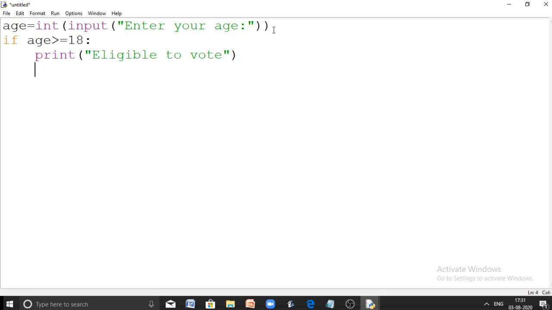That means the cursor is in this if block only, but the else should not be in this if block. It should be another block. So just skip the auto indentation by pressing a backspace, and now your cursor is again ready to open another block. Now give else